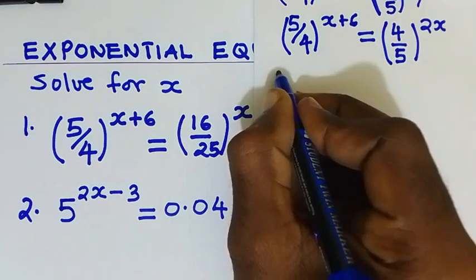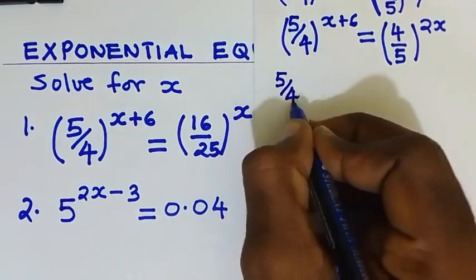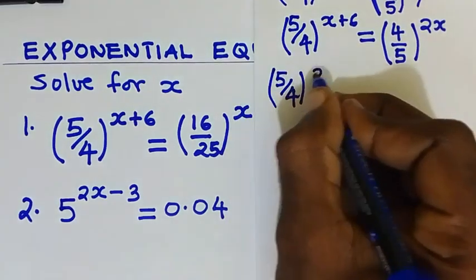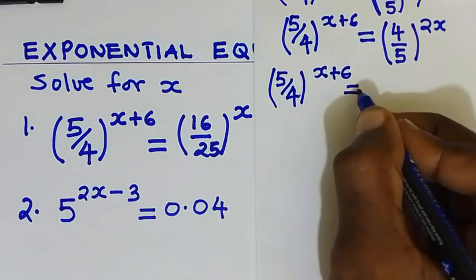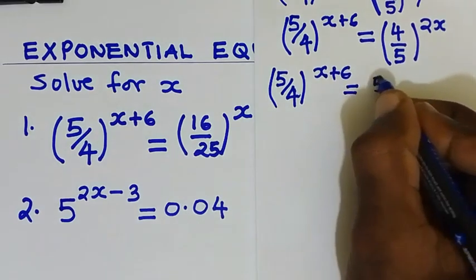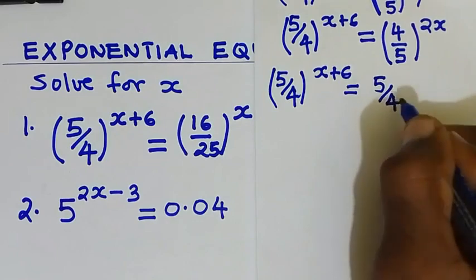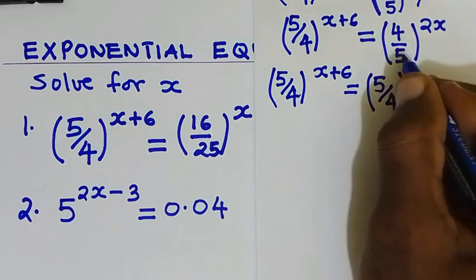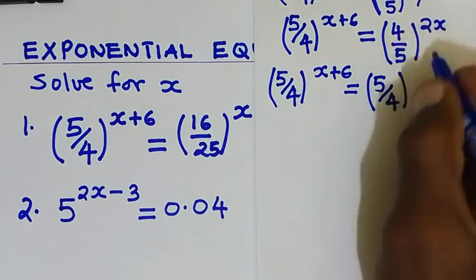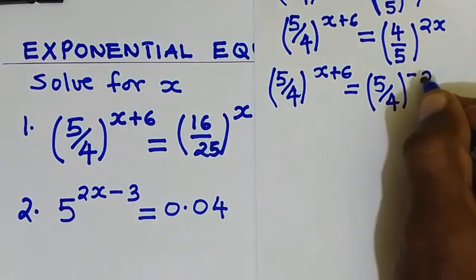That is (5/4)^(x+6) is equal to 5 over 4, I reciprocate this, and the effect is introducing negative to the power, that is minus